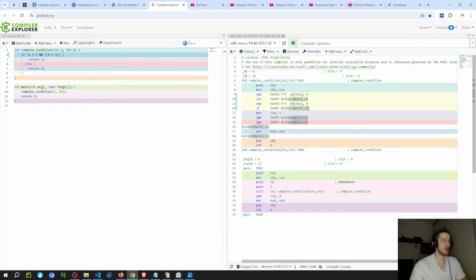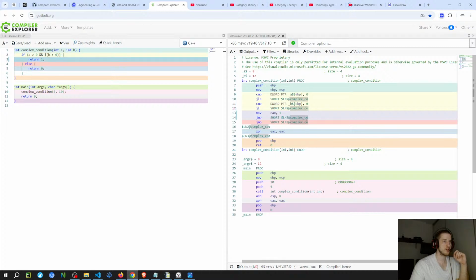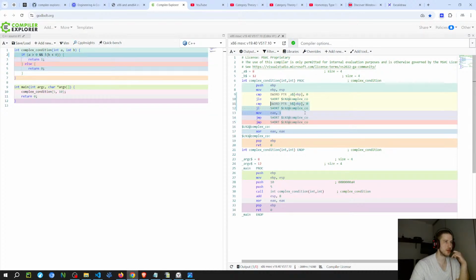Because if B is lower than 0, then it means that the inside error was true, which means that the condition is going to be false. But I think the main difference between this one and the other task is that an OR is going to jump right away, I think. So this is after the conditioner.